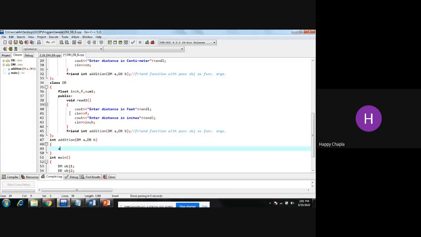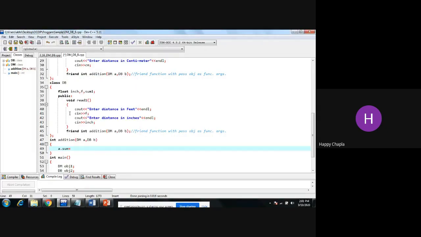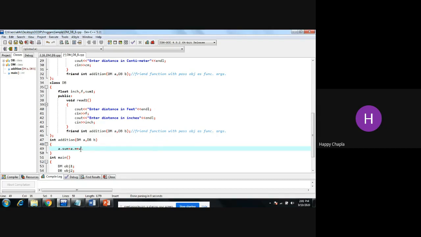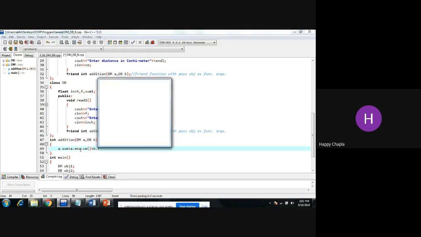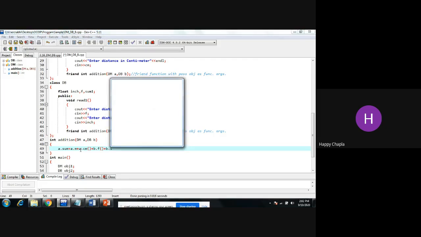You need to store the value into the first object of sum. Add a dot meter plus a dot centimeter. Over here you need to multiply it with some values. Plus b dot feet plus b dot inch.